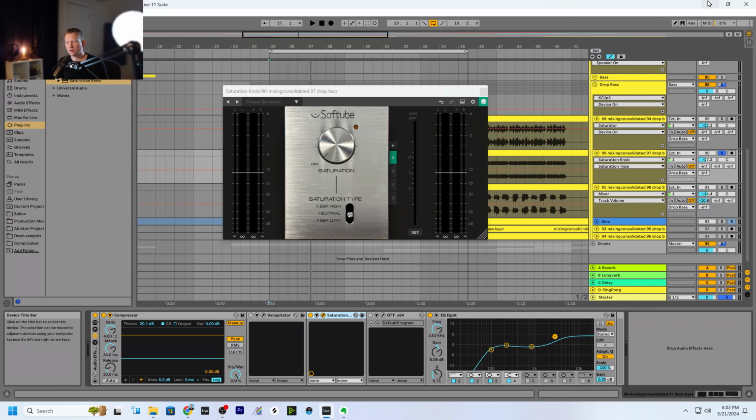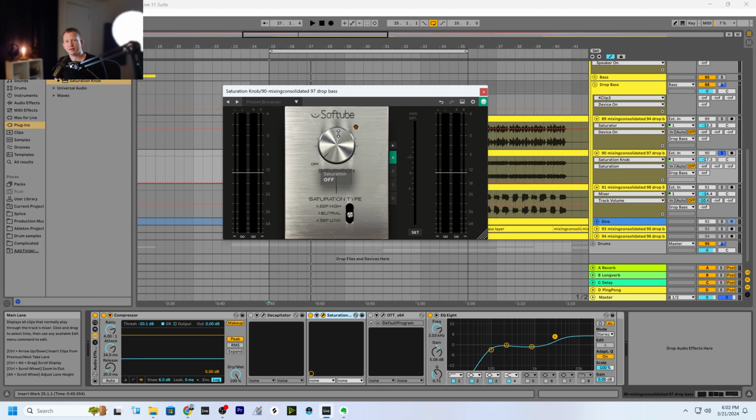And it's a really great little saturation plugin, and it's really cool because it has 3 different styles that you can use, and I'm going to go ahead and show you these in a second. So you can use this for saturation, but then if you crank this knob up, you can get some distortion. I typically like to use Decapitator for my